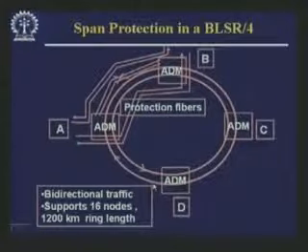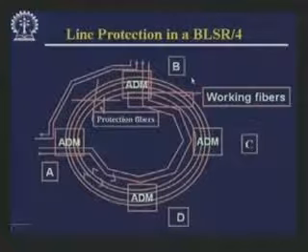This is a span protection. So, we are talking about, say, bidirectional traffic that supports maybe 16 nodes or some distance, etc. From A to B, for a particular span you may pre-compute that if this span goes down, what is the alternative span. This one is a case of line protection. So, if this line fails, what is the alternative line? Now, the alternative line of course may go in the other direction, depending on what the failure is. So, there are many different possibilities with this BLSR.